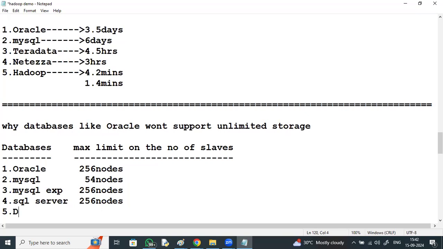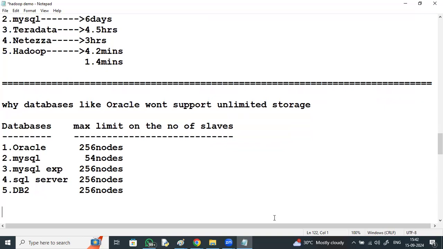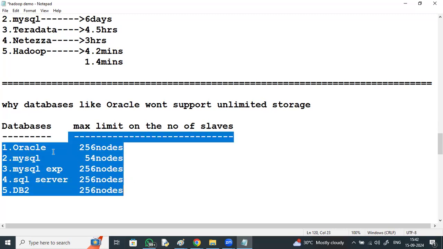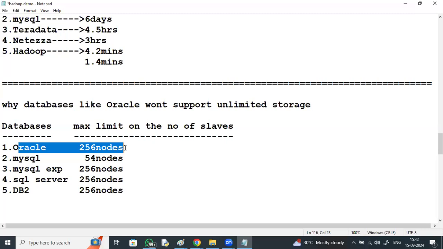Next, DB2, 256 nodes. So Oracle, MySQL Express, SQL Server, DB2, right? 256. Even if Oracle goes up to 256, it means if all the nodes are filled, it cannot support data further.